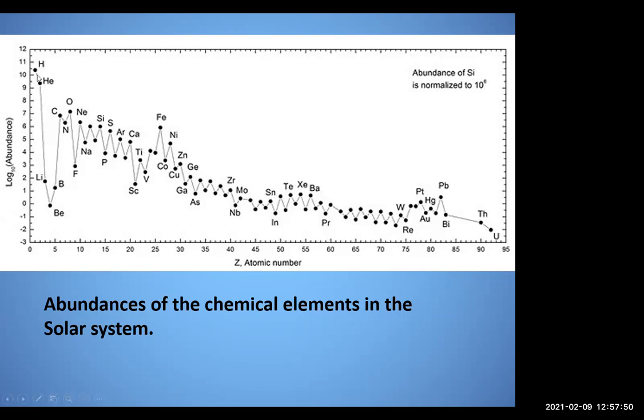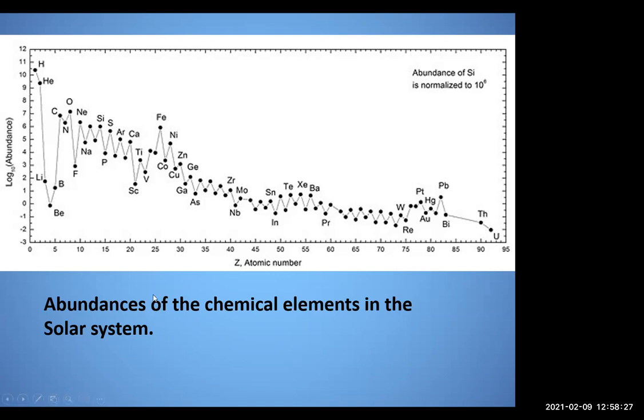Okay. This is just a chart showing the relative abundance of the different elements in the solar system. So this is our solar system. And you can see by far, hydrogen is the most common element. Hydrogen is the simplest of the elements too. 1 proton, 1 neutron, and 1 electron. Helium is 2 protons, so it follows. Lithium happens to be 3, but this is not as abundant as, say, carbon or oxygen. So you can see carbon, oxygen, nitrogen up here are all also very common.